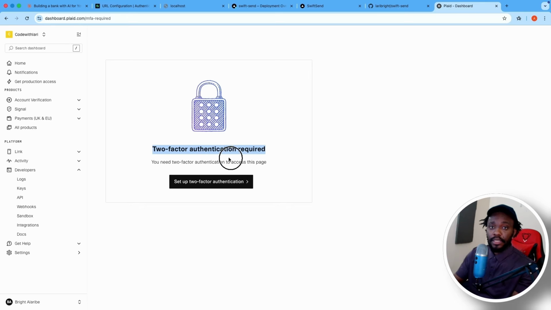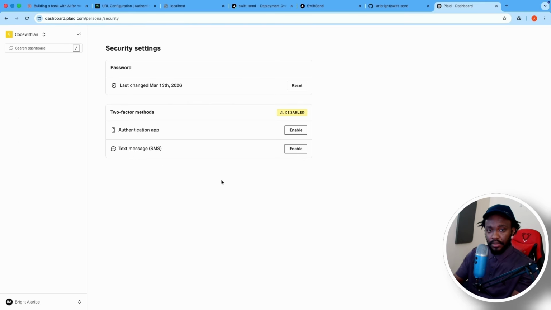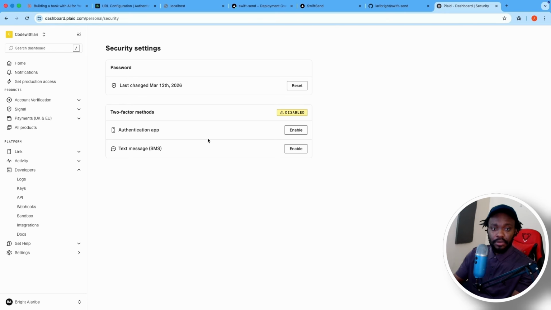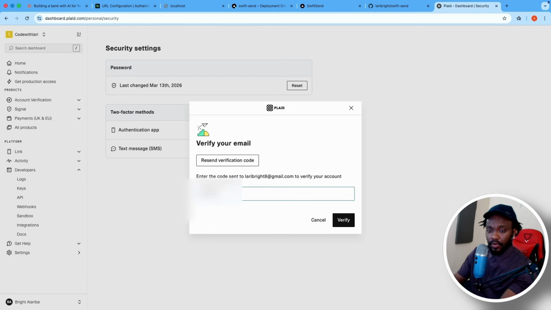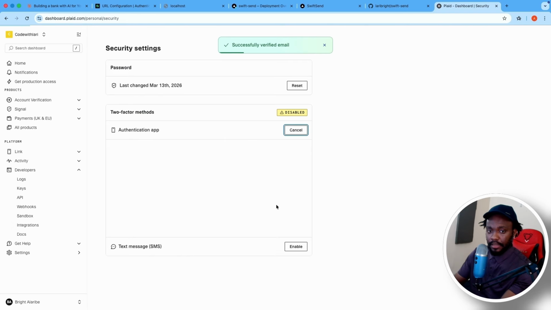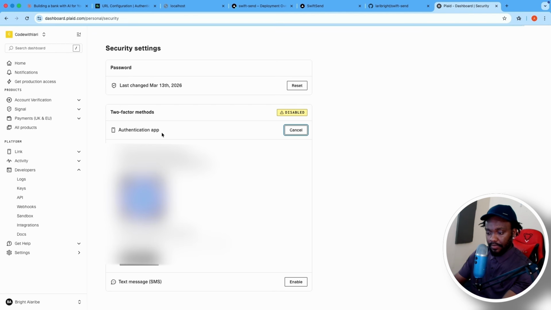To continue, we need to set up 2FA. So I'm going to click on it. I'm going to click on the Authentication app so that I can use my mobile for this. And I'm going to enter the code that they sent to me and also scan the barcode, because it's going to show you a barcode that you can scan and add. So here it is for me. I'm just going to scan it real quick. And you also would need to verify and put in the password. And once you're done,